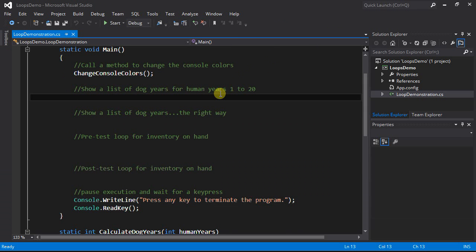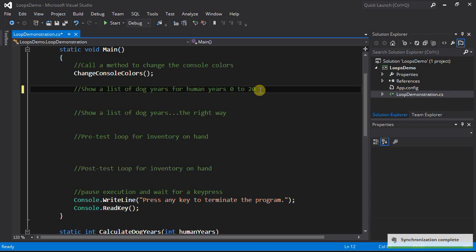So let's fill this in. First thing I want to do is show a list of dog years for human years 1 to 20. Actually, from 0 to 20. We'll start with 0. 0 human years is 0 dog years. 1 human year is 7 dog years. 2 human years is 14 dog years, and so on. I want a list of that for dogs aged 1 to 20 human years. Probably a very old dog might live to be 20, and so that's why I want to create this list